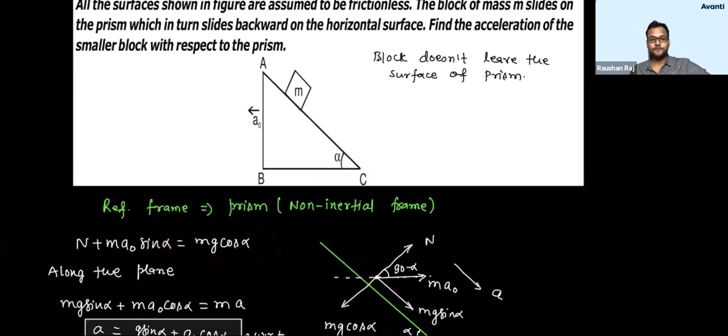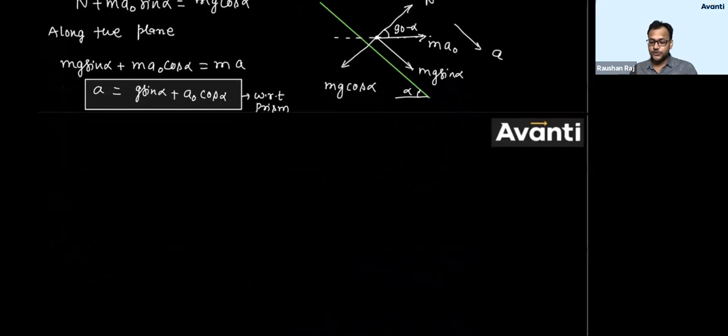It should be less than mg cos alpha. Then only I thought, okay, there must be something wrong. कुछ तो मैंने गलत किया है. What did I commit? What was the mistake of mine? So I didn't consider the component of ma naught. कीर्तन समझ में आया? तो कभी कभी छोटी छोटी चीजें आपको बहुत काम आएंगी, at least for the verification and all. All right, my question to you is very simple.